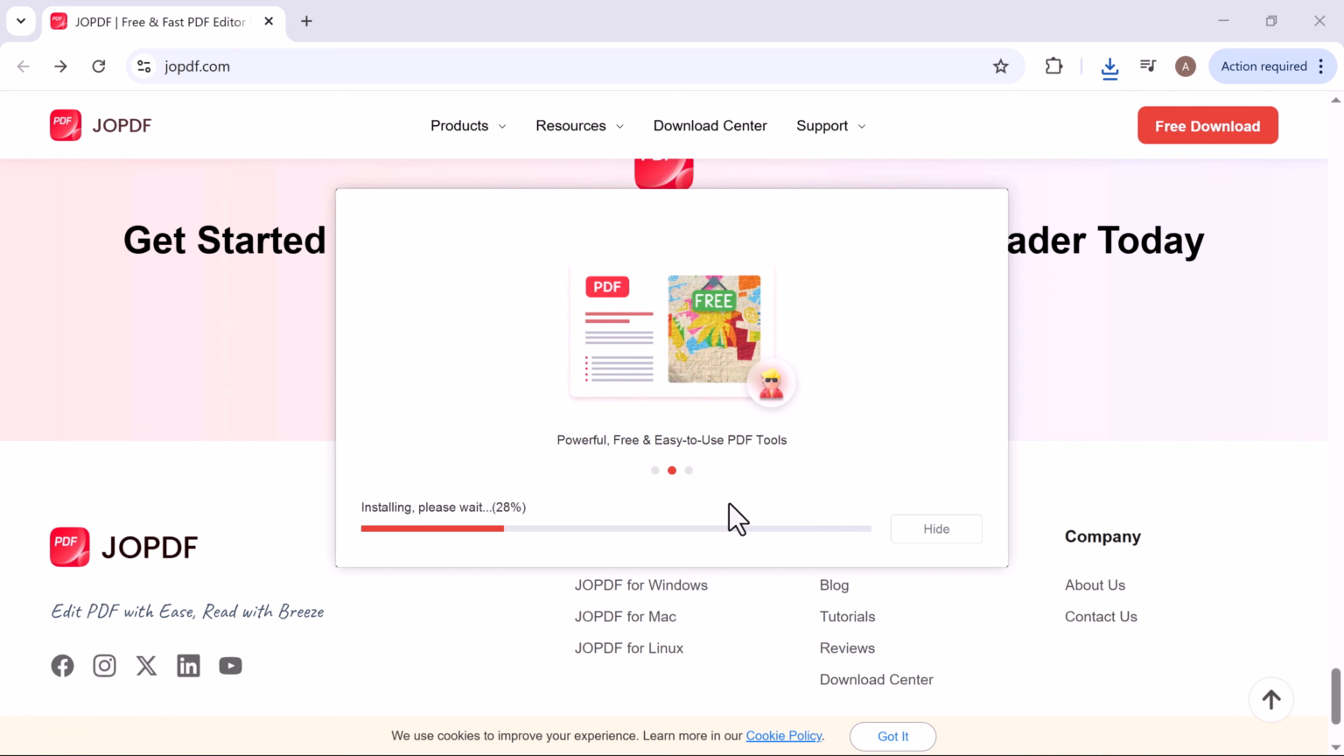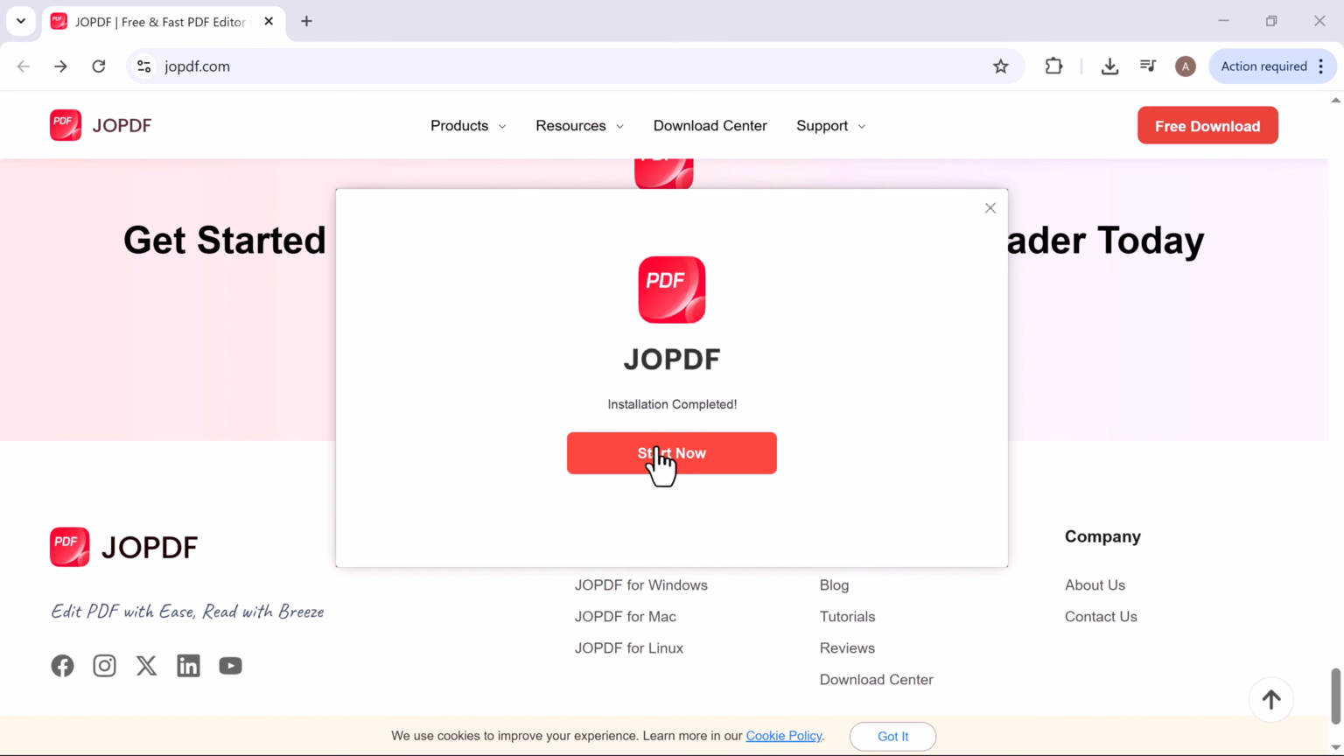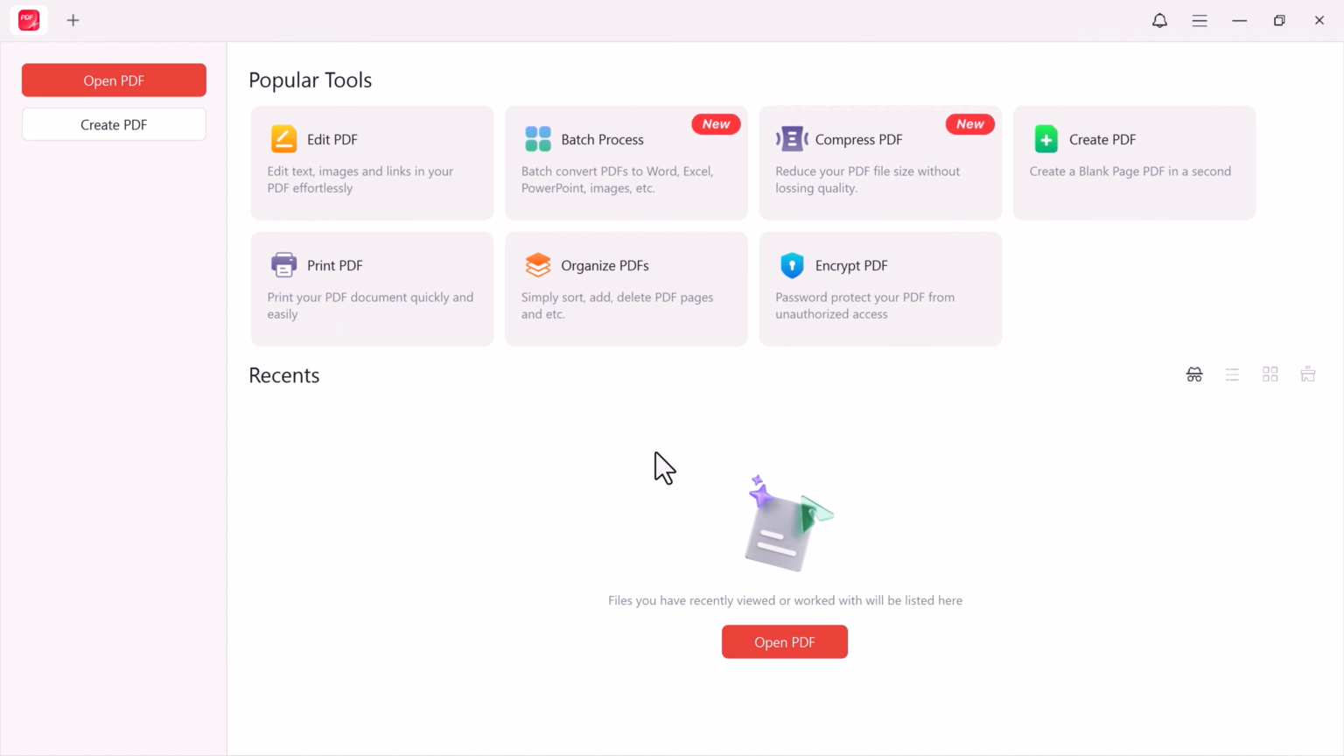After the installation is finished, you will see the main interface of JOPDF. From here, you can easily open an existing PDF file or create a new PDF document. On the home screen, you will find several useful tools. Some of the popular tools include: first, Edit PDF, which allows you to edit text, images, and links inside your